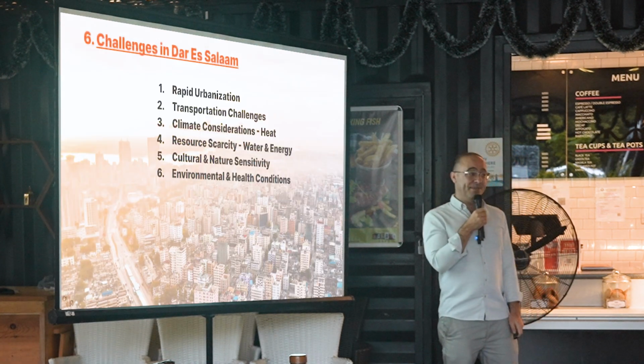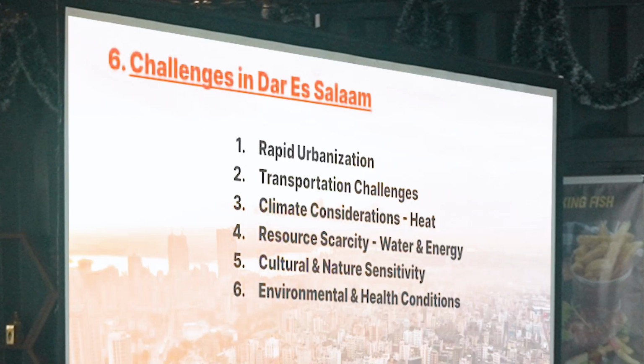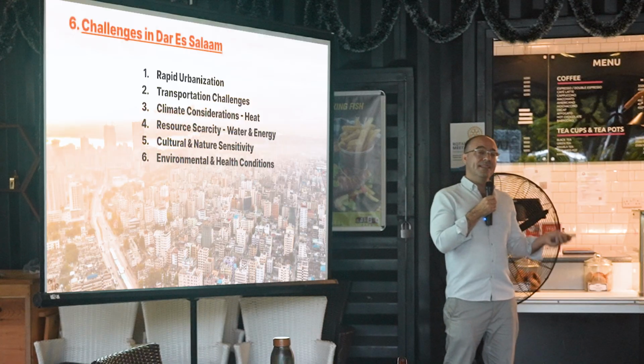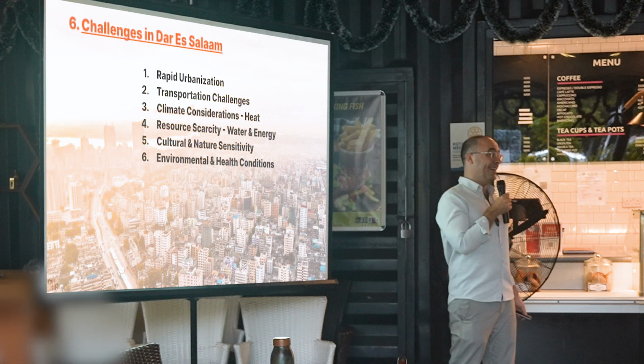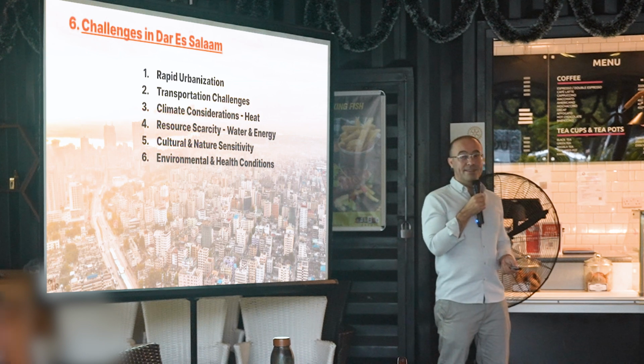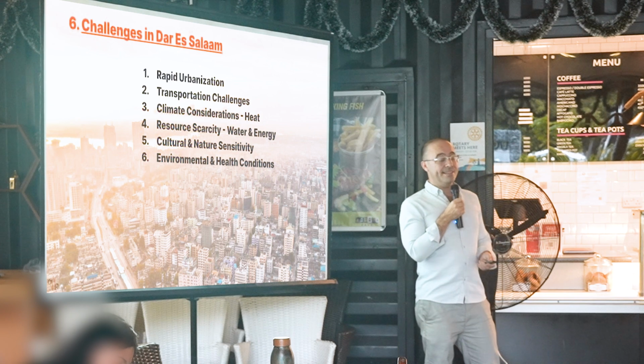Here are some of the challenges we face in Dar es Salaam. Rapid urbanisation: it's one of the fastest growing cities in Africa. Transportation challenges: there's a lot of traffic, pollution and noise. Heat: it's pretty hot here. We need to find minimum ways to cool the buildings and the environment without using much energy. Resource scarcity: it's good to save water and energy, and that's not just Dar es Salaam, but all around the world. And culture and nature sensitivity: architecture is all about